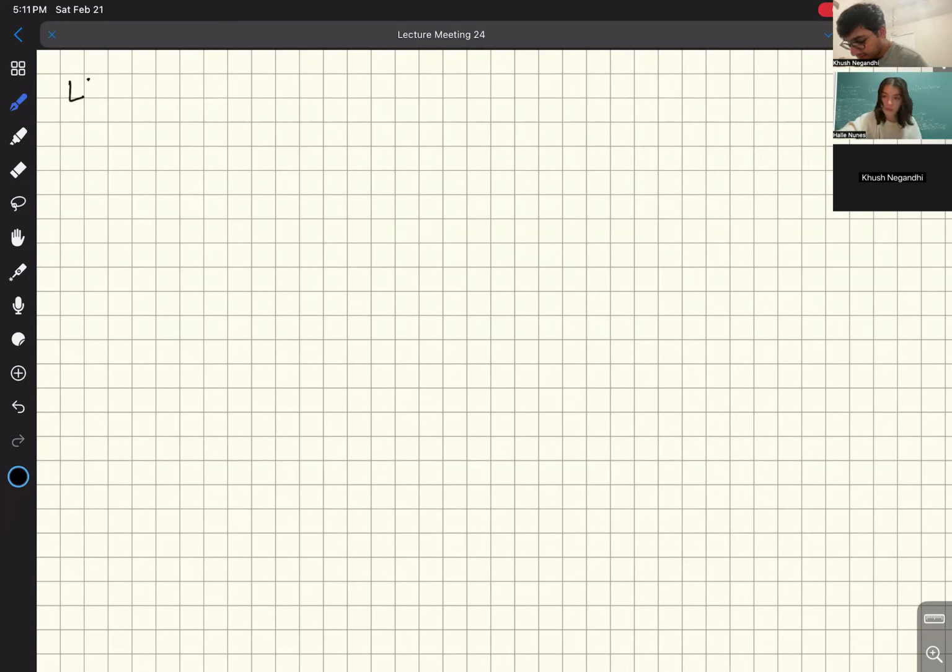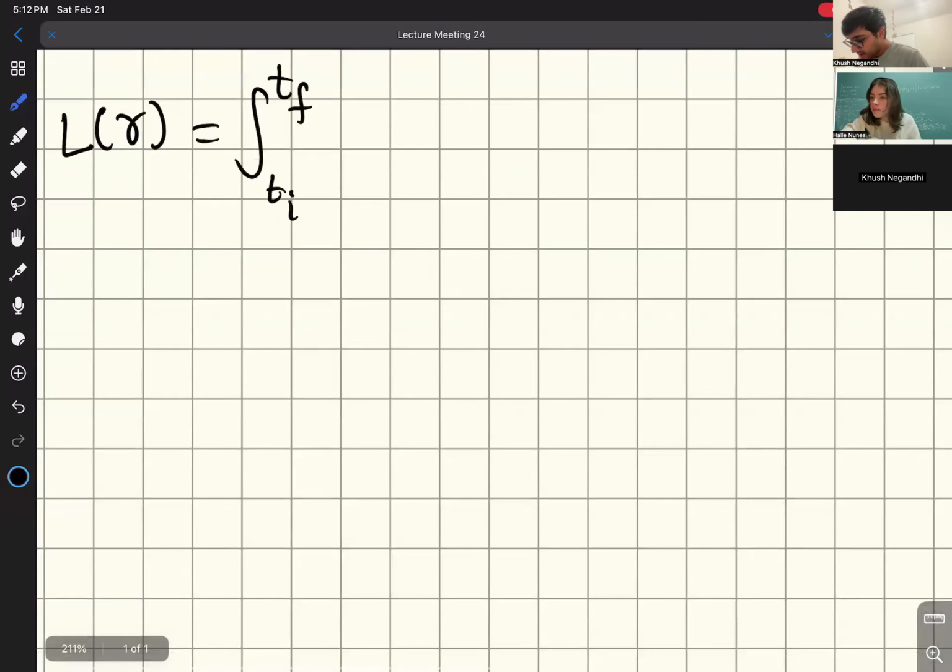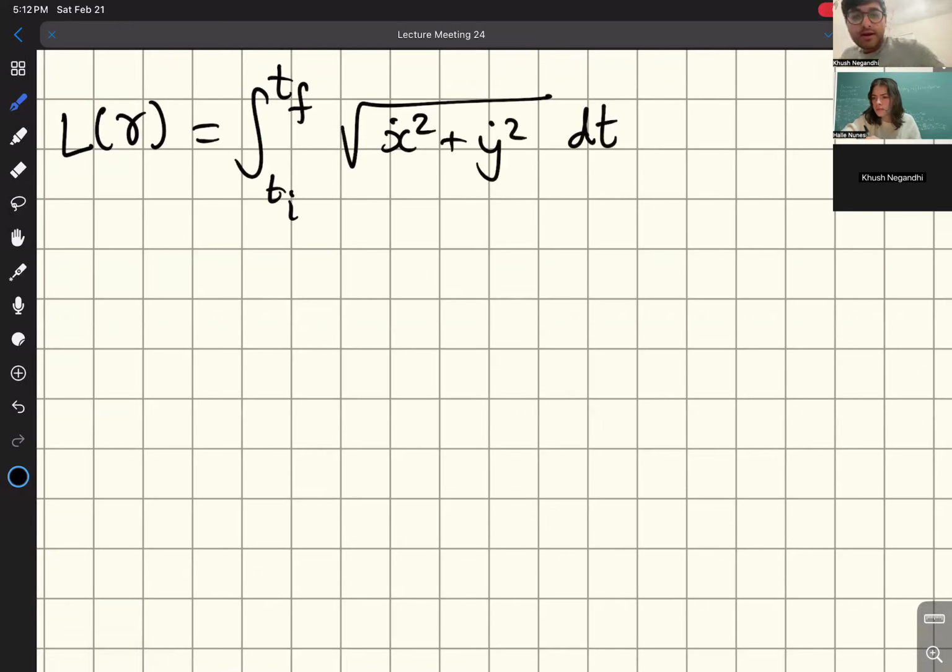If you remember, the length of a curve connecting 2 points is simply the integral from the initial time to the final time, t_i to t_f, of the square root of, in this case, I'll write it like this: x dot squared plus y dot squared, dt. We talked about this way back when we started talking about integrals in multiple dimensions. And this is wonderful, like this is great. But one thing to note is that